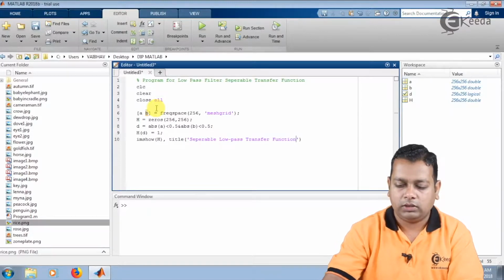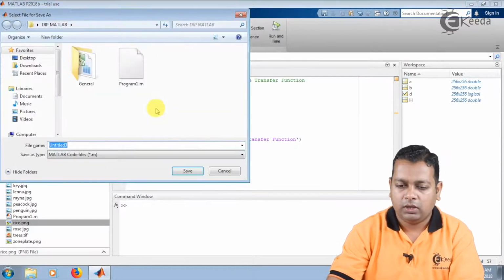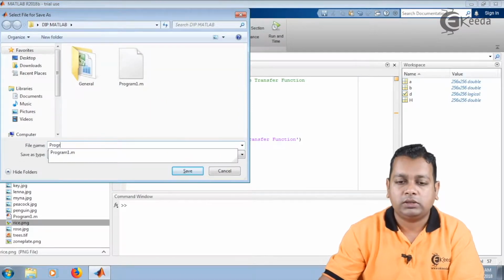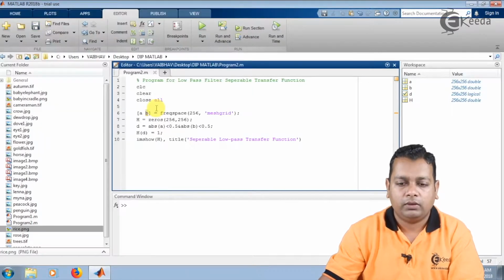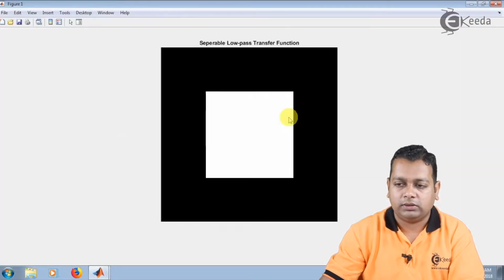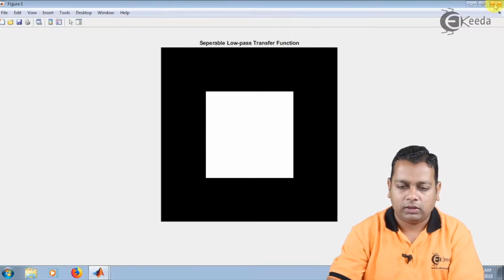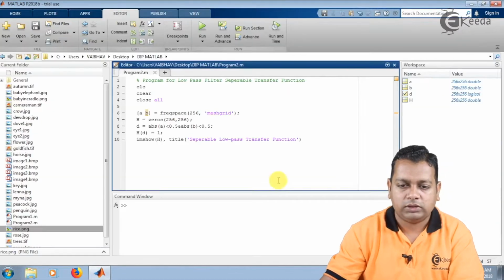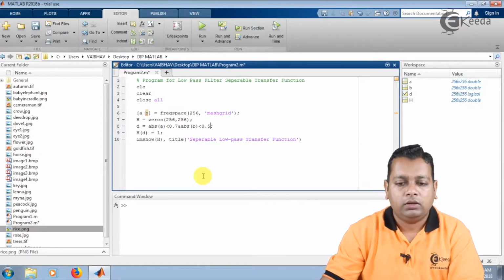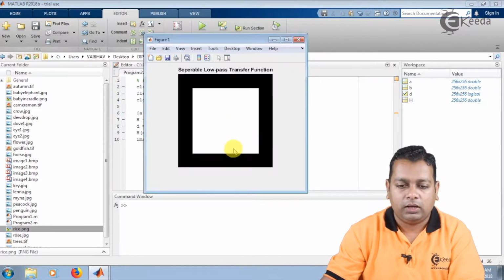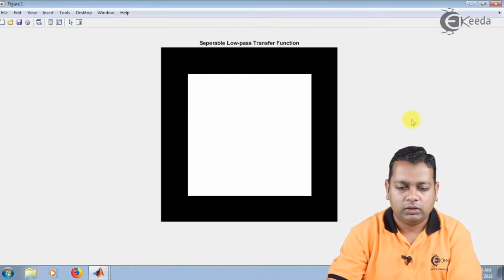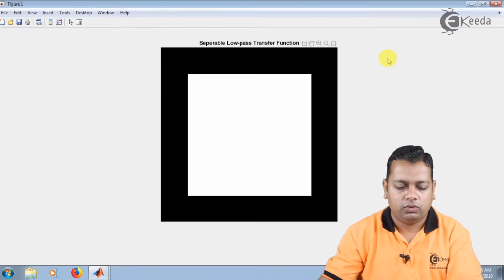Now we can increase it also, we can make it 0.7 for both the dimensions, saving the changes and running it again. So we obtain the appearance of the output transfer function like this. We can again increase it up to 0.9. I can display, saving the changes and running it. So this is the appearance of the low pass separable transfer function. If we set the cutoff frequency 0.9, we can reduce it also, we can make it 0.2 for both the